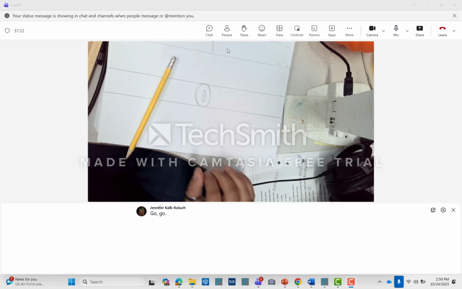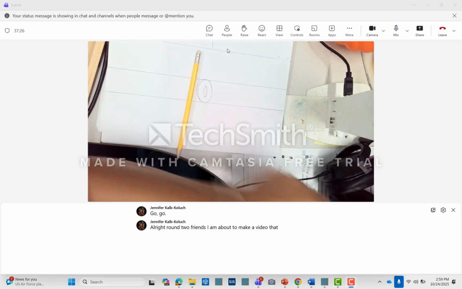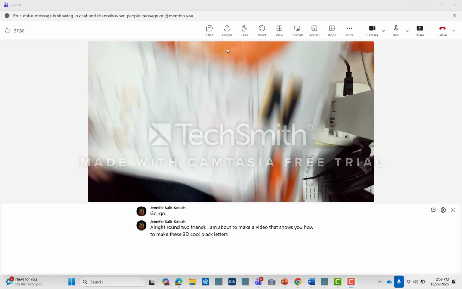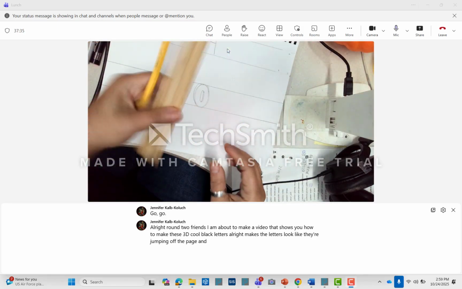All right, round two, friends. I am about to make a video that shows you how to make these 3D cool block letters. It makes the letters look like they're jumping off the page, and you'll notice I just used a ruler,